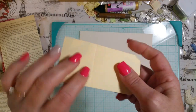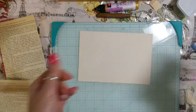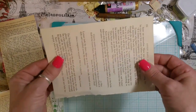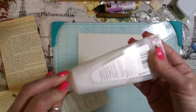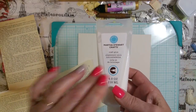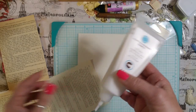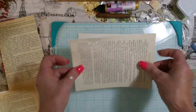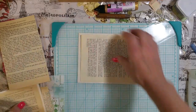See that little score line right there? Well, it doesn't hurt your tag at all because it's pretty stiff. So this is how I was doing this. I just took a book page and I took my Martha Stewart glue, which you can use any glue. I got this at Tuesday Mornings for 99 cents. You can take Elmer's glue or any glue that you have. You can use Mod Podge, but that's so expensive that I just use my cheapo glue. And I just glued a whole bunch all over the book page and then just glued it to the cardstock. And then I let it dry,